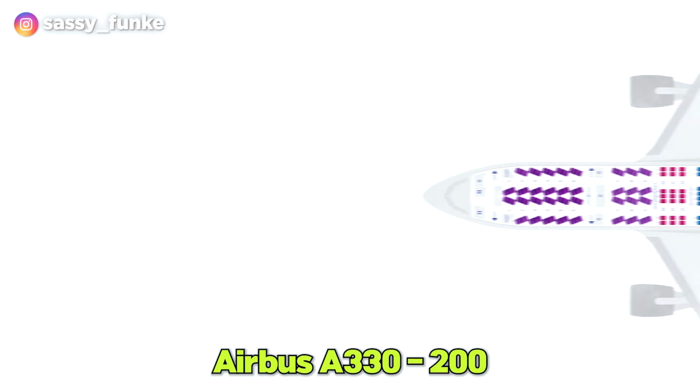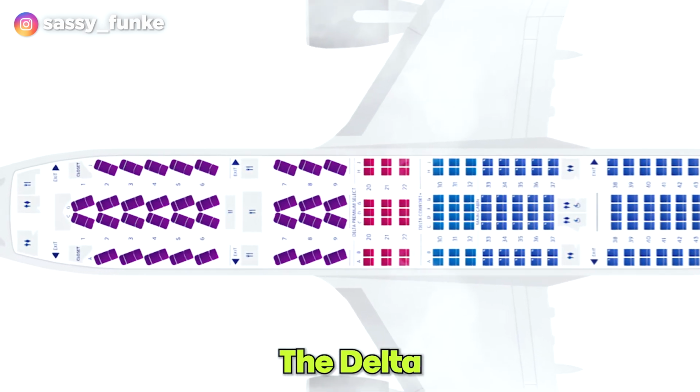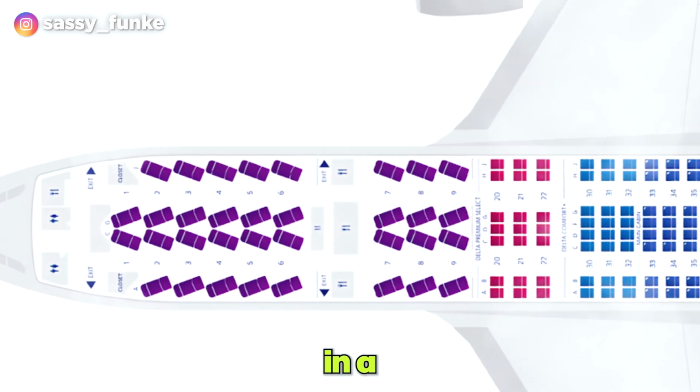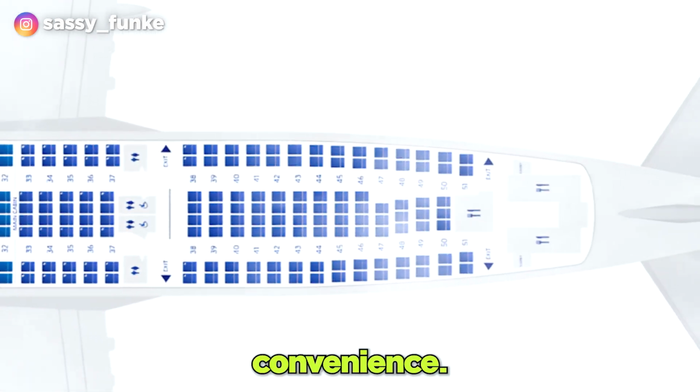Delta's Airbus A330-200 was our ride, featuring 4 cabins. The Delta One cabin is arranged in a 1-2-1 configuration, providing privacy and convenience. I was